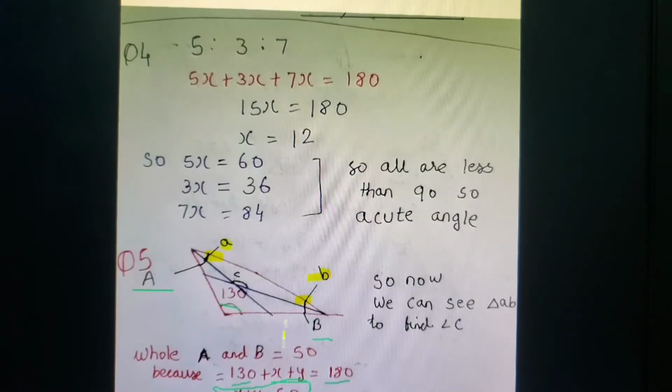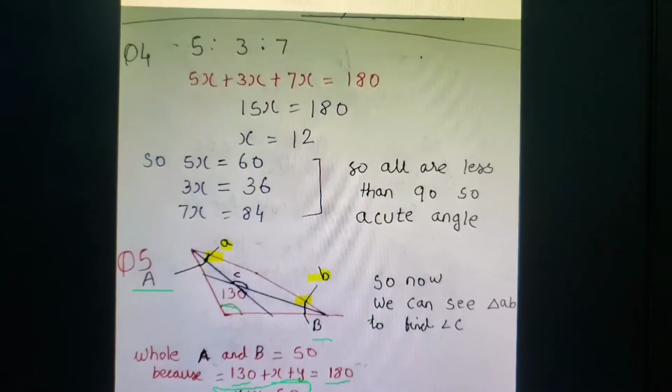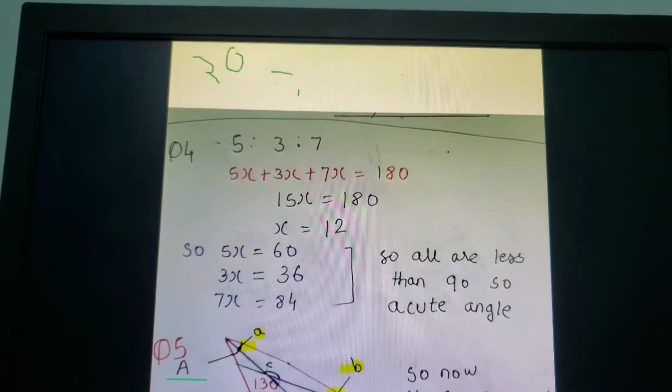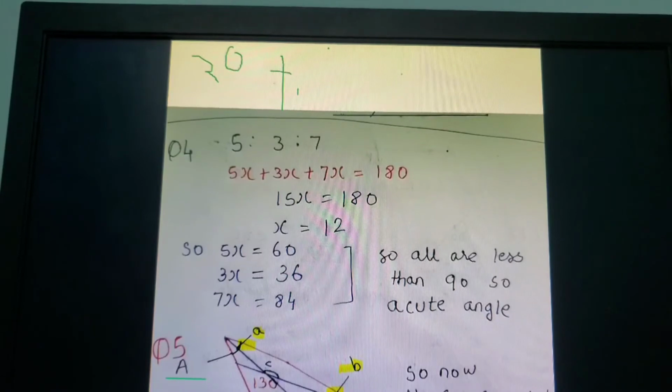Okay, we can also do it by a trial and error method. If I take A as 20, okay, watch carefully. If I take A as 20 and B we have to make 50, so I can take 30. So 20's bisector is 10, and 30's bisector is 15. So like this we also get 25 as our bisector. You can take other examples too.